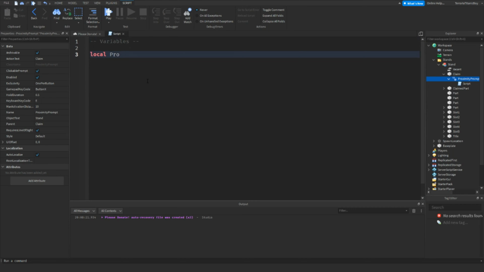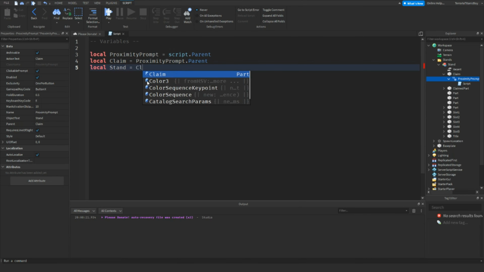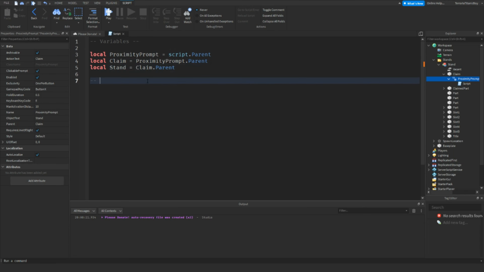So local proximityPrompt is going to be script.Parent, and then local claim is going to be proximityPrompt.Parent, and then local stand is going to be claim.Parent, and now this is going to be